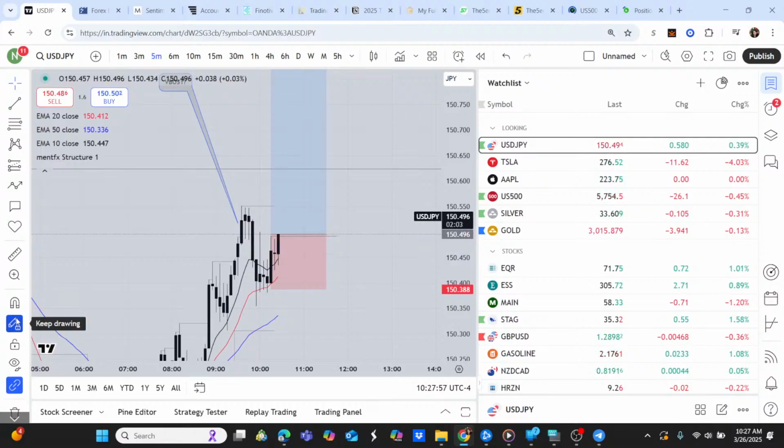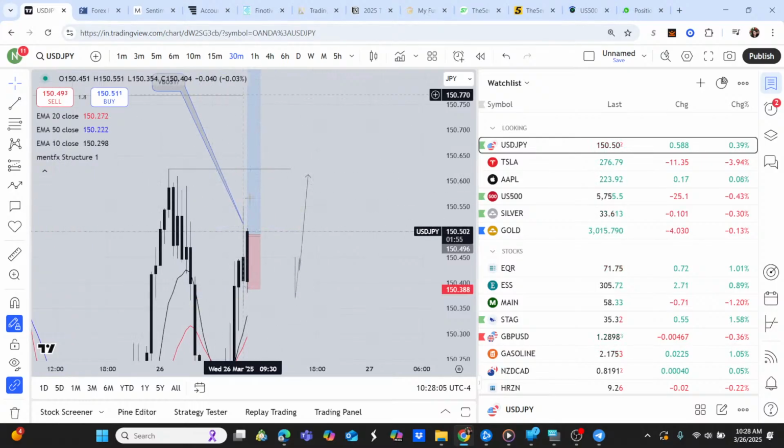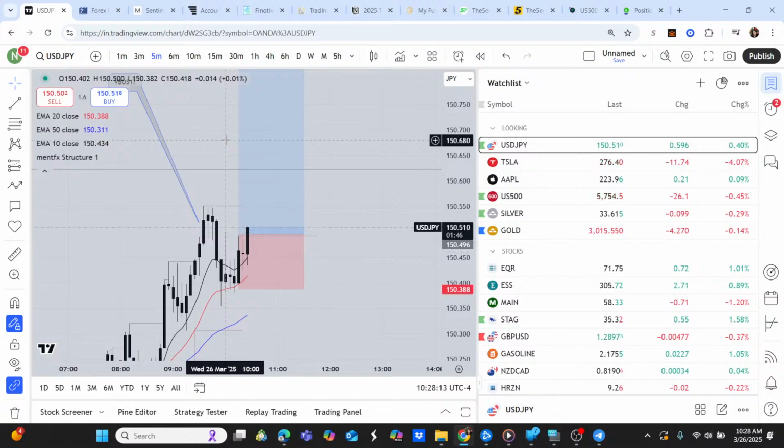All right, so we moved through the high, and it hasn't been 10:30, as you can see. Like if we go up here, we moved through it. We still got 2 minutes until 10:30. So what I can do, since that entry didn't happen for me,